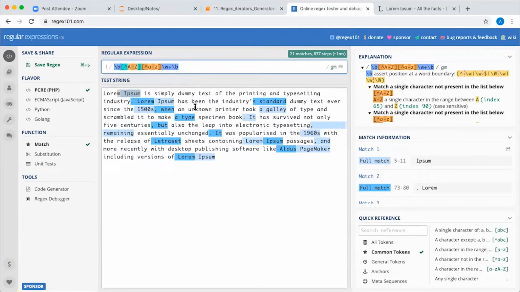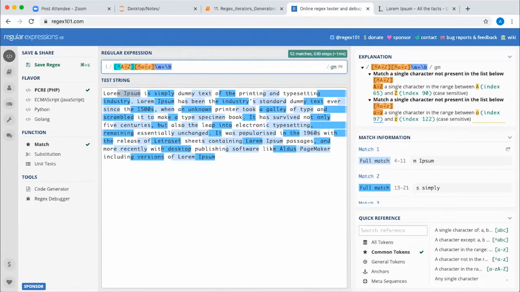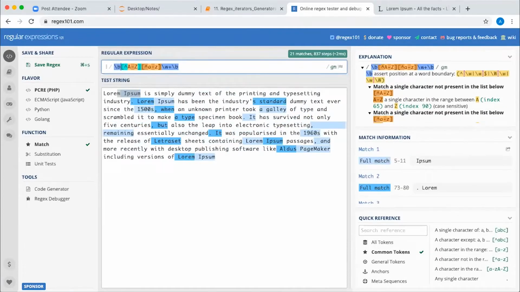Why? Because before M there is no space. So how is it the first individual word? No, see, generally, let me remove this, what it is giving. It's giving this backslash B. So either it will be taking this backslash B at the end or in the beginning.